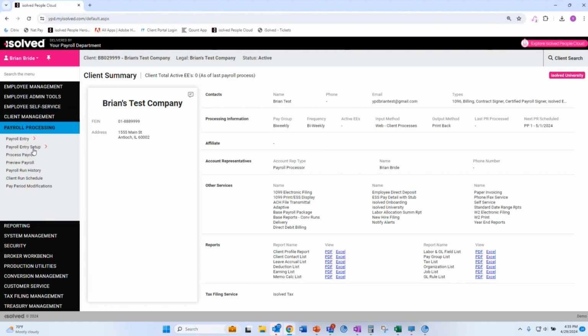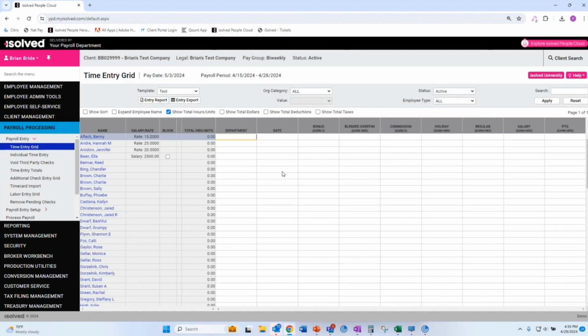Okay, so payroll processing. There's a couple things in the payroll processing. It's pretty straightforward. Not sure if your team has entered stuff into the payroll grid before or how you are doing payroll, but this is a pretty simplified version. When you get to your own data and we go over everything, it's going to make a lot more sense to you. So in this instance, we have a couple of people here with the salary and the rates,